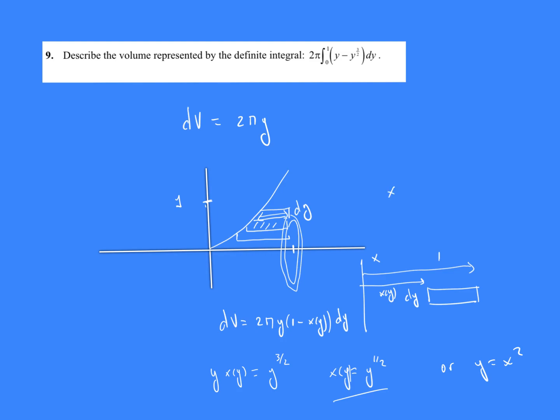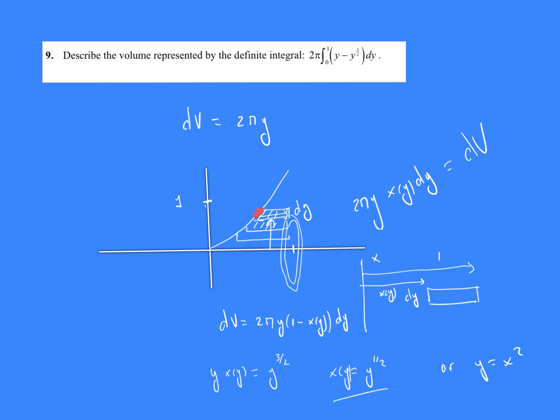So x of y times dy is the area of one element of the horizontal door. Multiply by 2 pi times the height y. This is the small volume of this door. So the small volume of this door is 2 pi y times